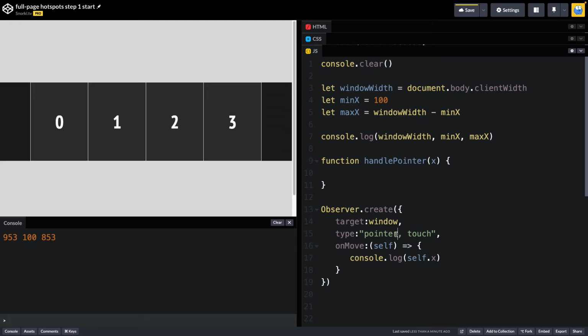We'll be listening for pointer and touch events, and we're going to set up an onMove callback, which has access to the observer using self inside that function. And inside that onMove callback, I'm going to just log out self.x. And now when I move my mouse around, you'll see that we are getting those x values logged out